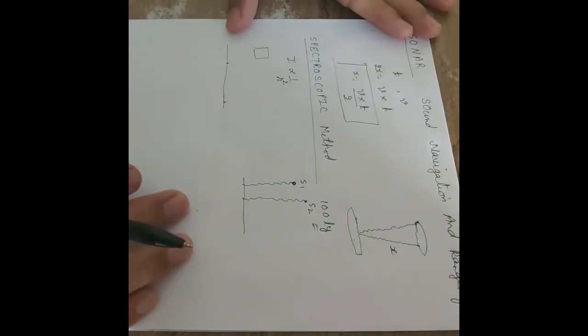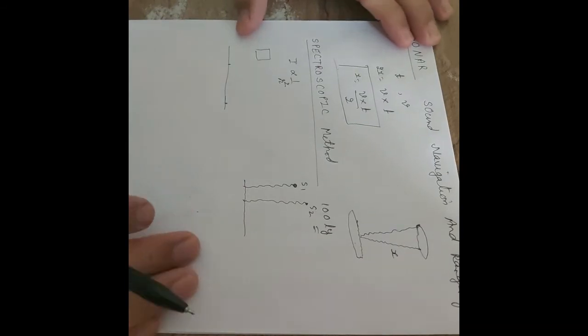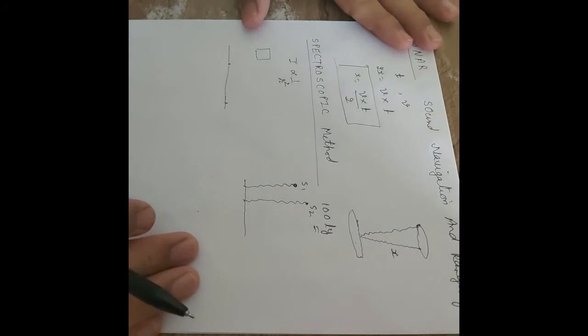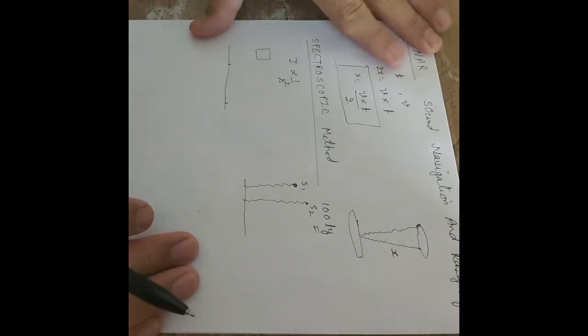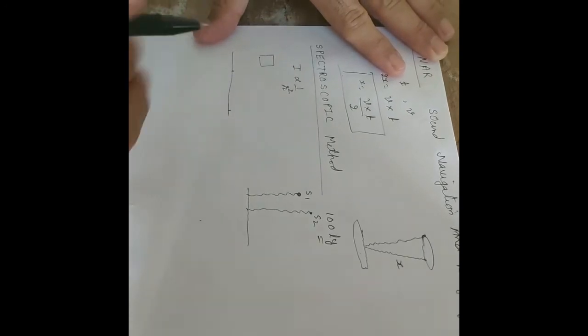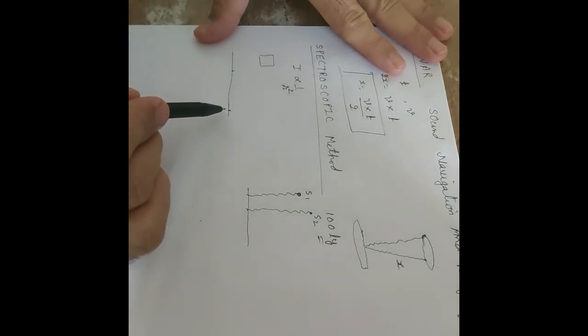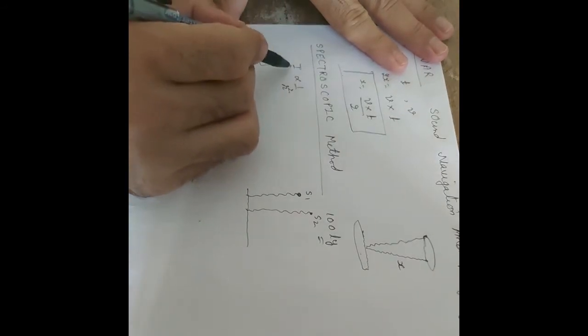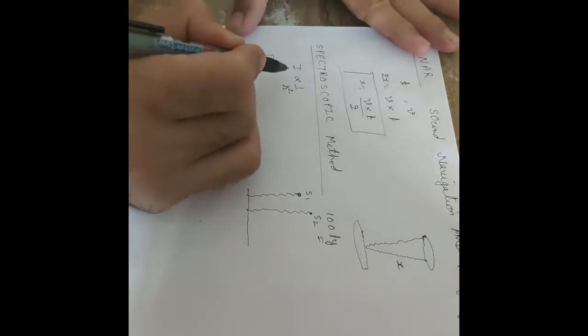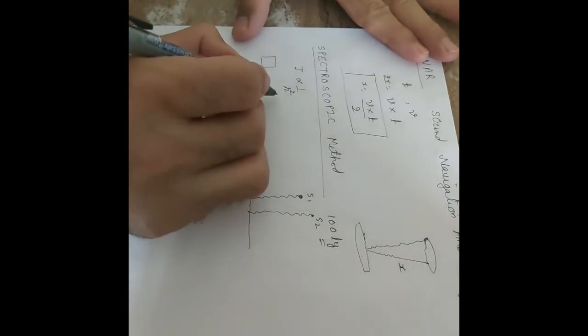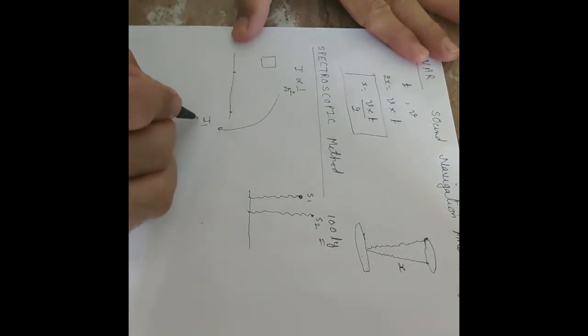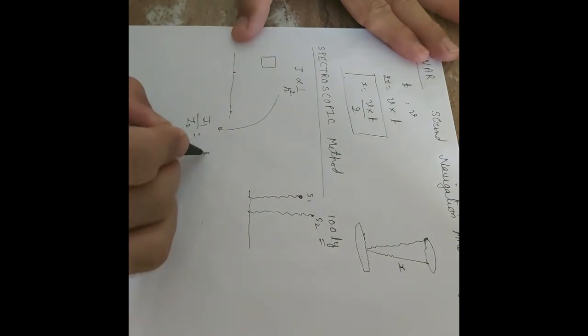For example, if you are sitting closer to a tube light, you will find that light is more, and if you are studying at a large distance from the tube light or any other source of light, you will find difficulty in reading because the amount of light reaching you per unit time, per unit area is less. So that measurement of light is measured by the intensity. Now what can we write from this relation? We can write I1 upon I2 equals R2 square upon R1 square.